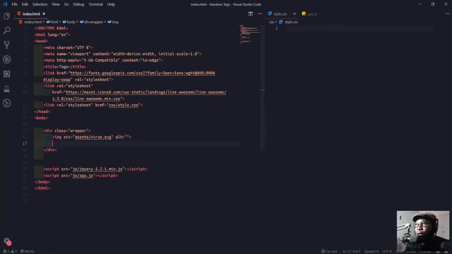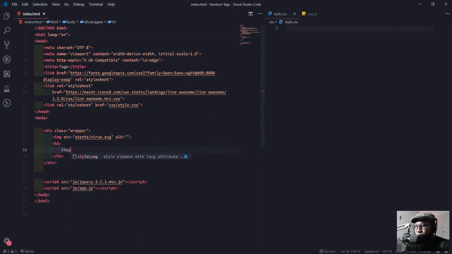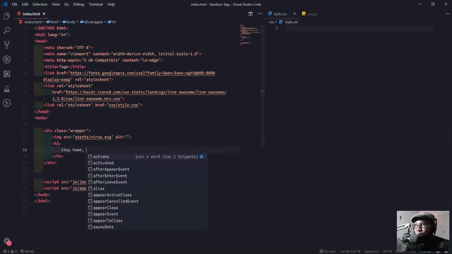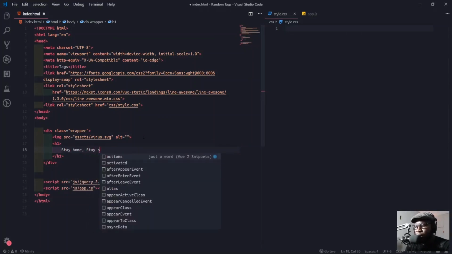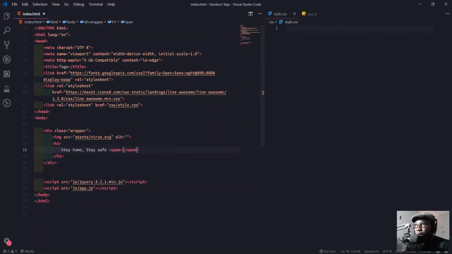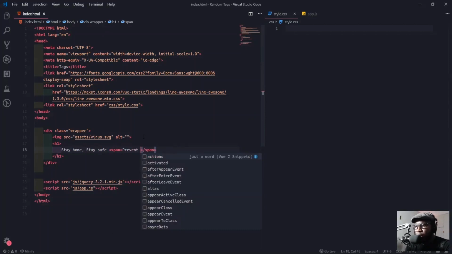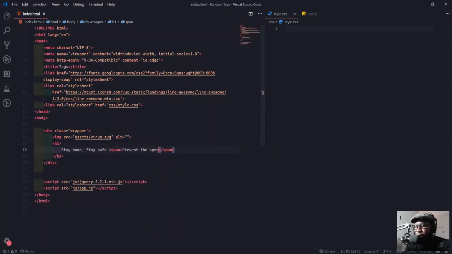After the image, I'll create an h1 and say "Stay home, stay safe." Then I'll create a span tag and put "Prevent the spread of", and inside the span tag I'll type COVID-19.